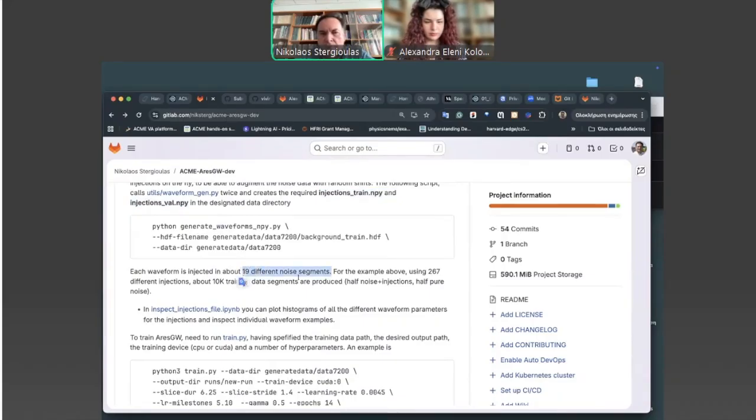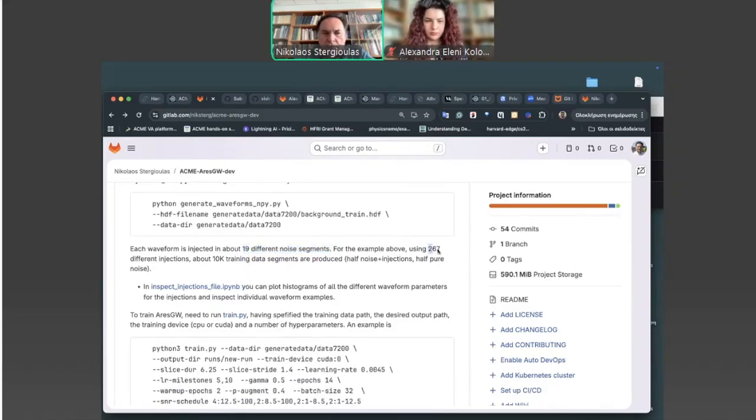This helps the network to understand that this is a waveform, and it can distinguish it better compared to noise because it has seen it embedded in different noise segments. So even though we start with 267 different injections, multiply this by 19 times, you reach almost 10,000 training data segments, basically 5,000 injections plus 5,000 noise segments.